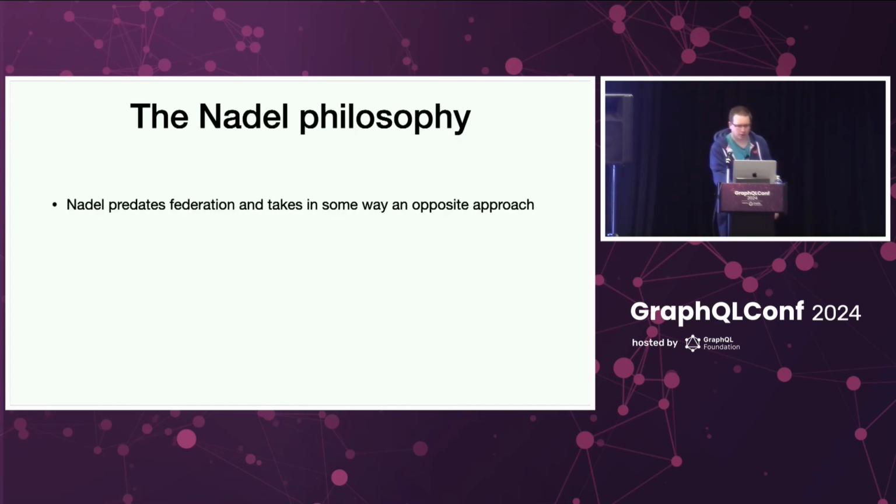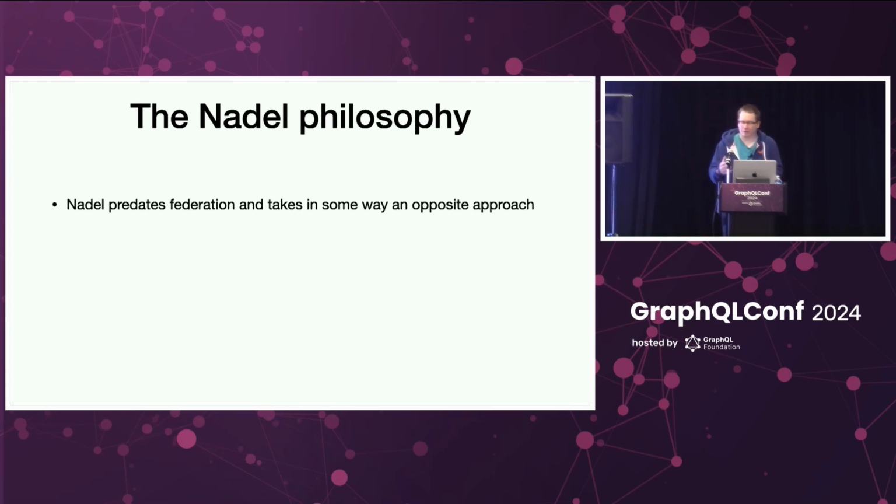Okay, a little bit of what I mentioned before. What makes this approach unique or different to what most people refer to today as federation? First of all, we predate all of this. I still claim today, and please correct me if I'm wrong, that we are the first general distributed GraphQL gateway ever built for general purpose.